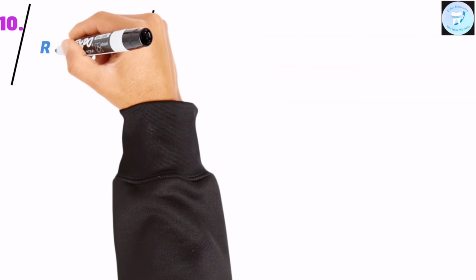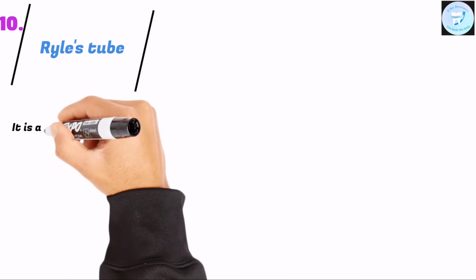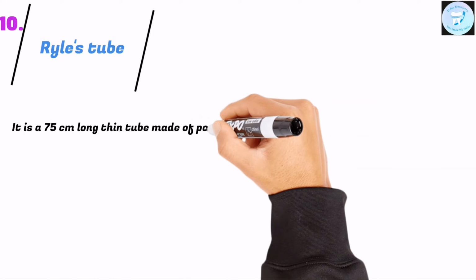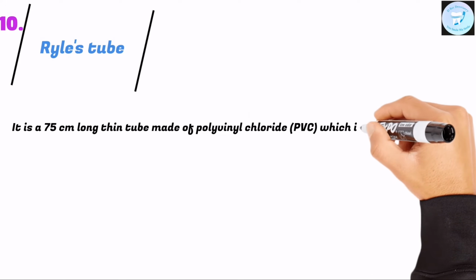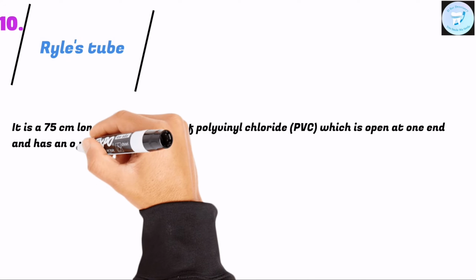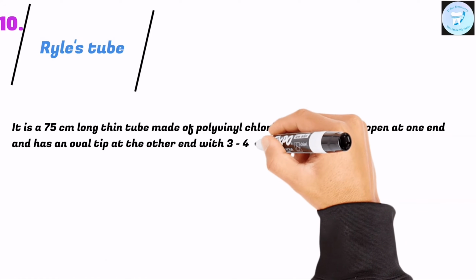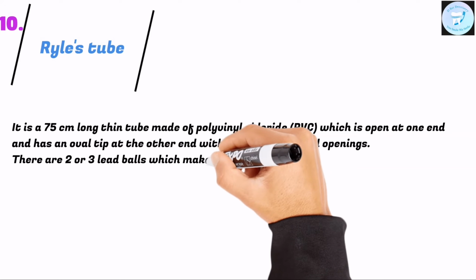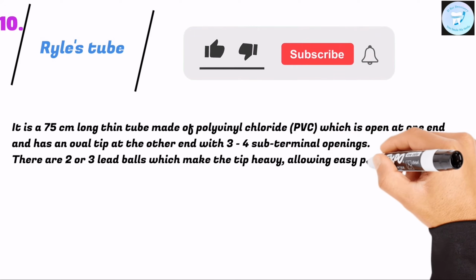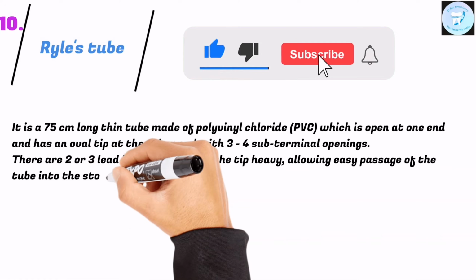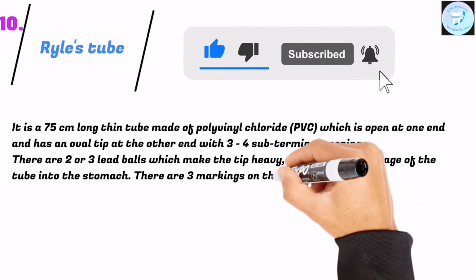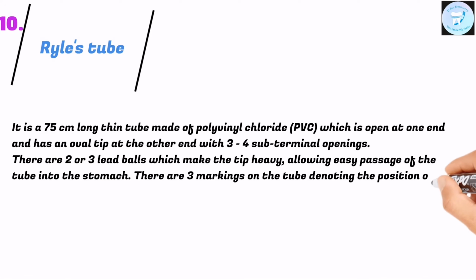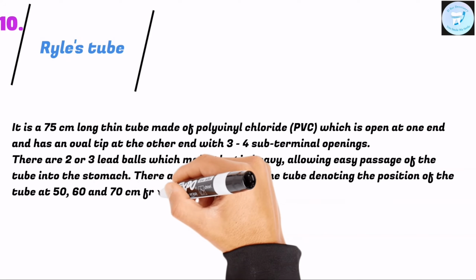10. Ryle's tube. It is a 75 cm long thin tube made up of PVC which is open at one end and has an oval tip at the other end with 3-4 sub-terminal openings. There are 2 or 3 lead balls which make the tip heavy, allowing easy passage of the tube into the stomach. There are 3 markings on the tube denoting the position of the tube at 50, 60 and 70 cm